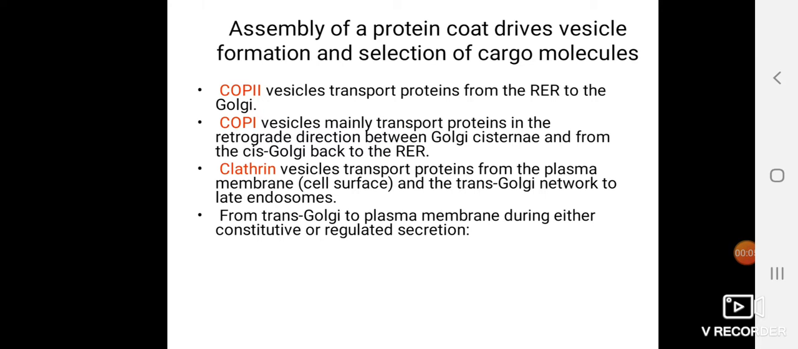So I was telling you these coat protein molecules play an important role in the formation of vesicles. Here COP2 is involved in the formation of vesicles at the endoplasmic reticulum, and these particular vesicles are meant to go and fuse with the Golgi cisternae, wherein the protein molecules undergo modifications. And COP1 is involved in the transport of proteins in a retrograde direction, that is from the Golgi complex to the rough endoplasmic reticulum,